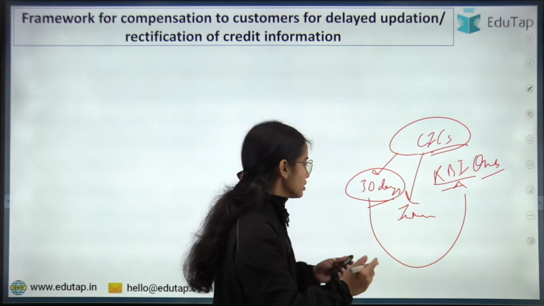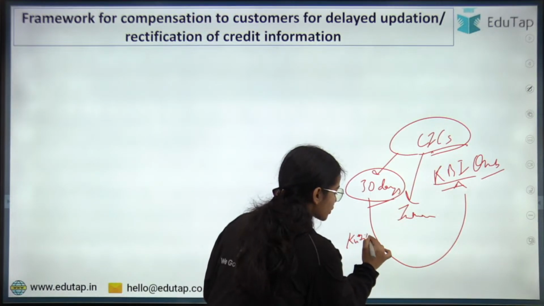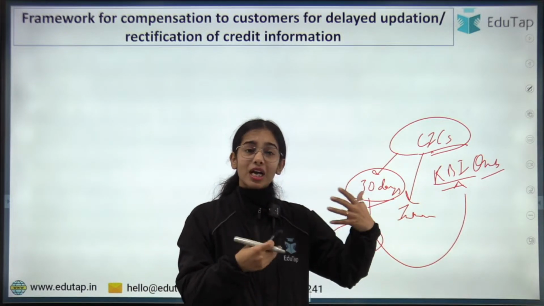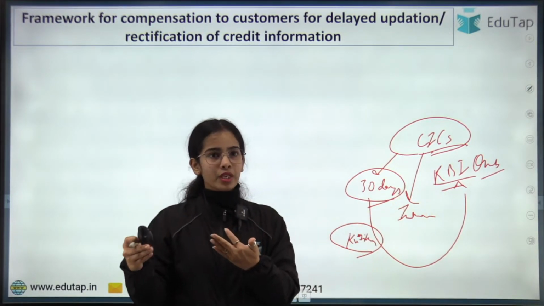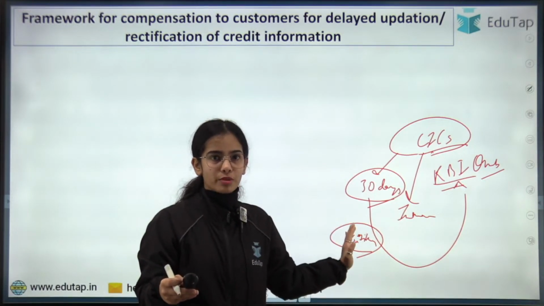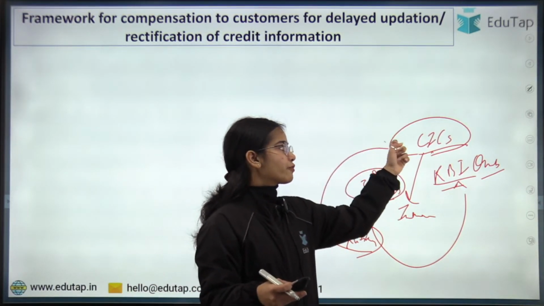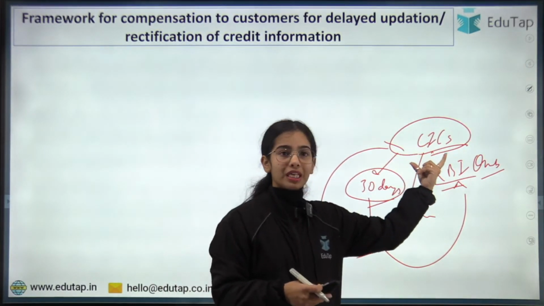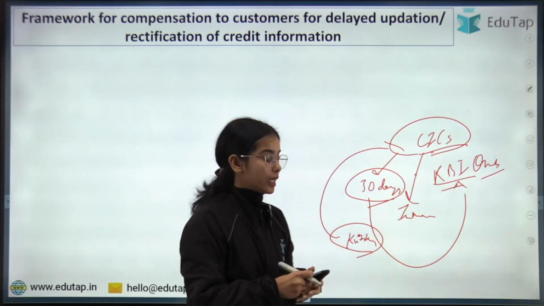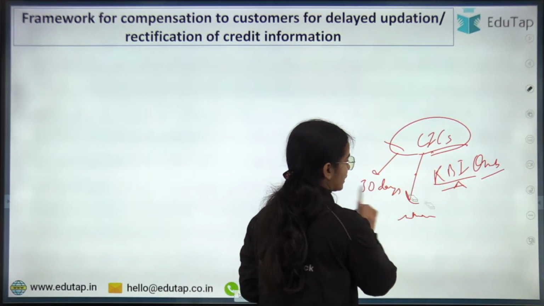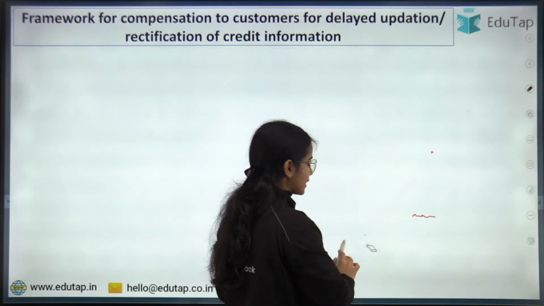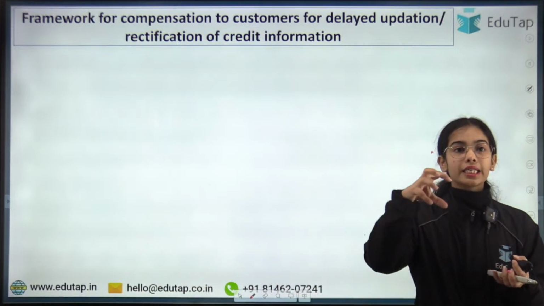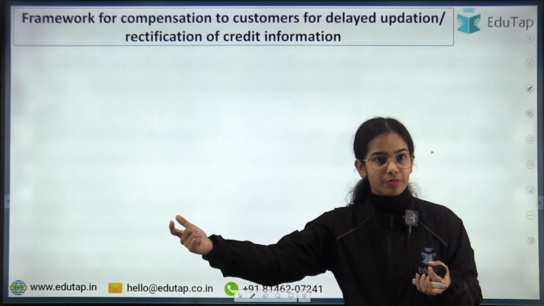Let's say I am Kritika. Wrong information has been provided regarding me, that I have not returned the previous loan, which I have already returned. So that means there is some discrepancy in the data in the credit information reporting. So I have raised the complaint with the credit information company that you have given wrong data regarding me. So the credit information company is liable to correct this data within 30 days. How the correction will happen, we will understand. Okay. But I hope this is clear that the credit information companies have to resolve the queries, have to resolve the grievances within 30 days. Otherwise, you can go to RBI ombudsman. Okay.